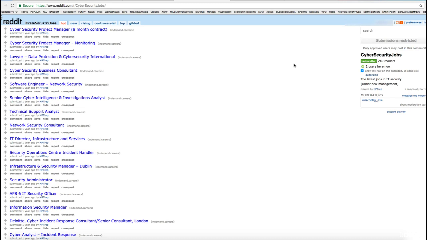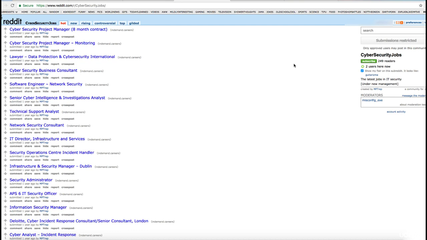Whenever you make a post in a subreddit and other people vote up your post, then your post keeps going up and it appears in the search engines, and a lot of members in that specific subreddit would be able to see your post, and that is going to bring in a lot of traffic to your website. The good part about this is you can actually post links pointing back to your website, okay? Now, depending on the subreddit that you're working on, you might be able to post just a text post, or you might be able to include a link that points back to your website, okay?